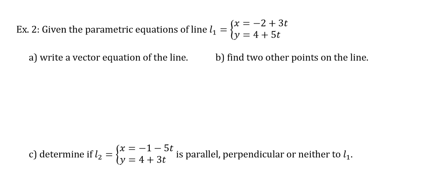Okay, so there we go. There's an example. Given the parametric equation of the line, write a vector equation, find two other points on the line. So this is like just getting used to the notation and going back and forth. You're going to notice that all of these questions are asking us to go back and forth between all the different kinds of notations,